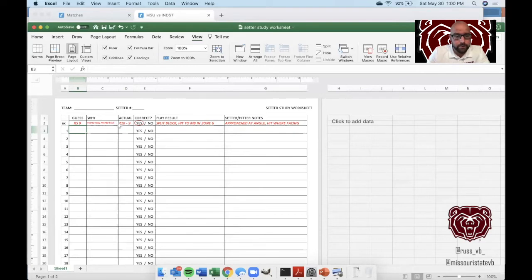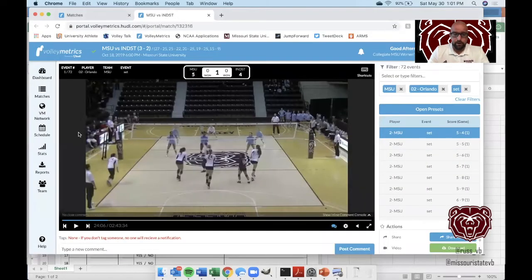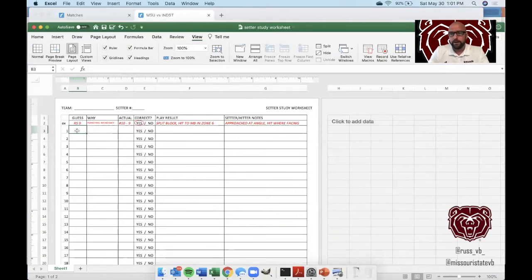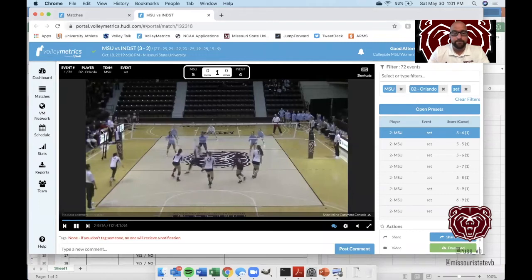The rest of it is what actually happens, and any notes I want to leave for myself on that setter. At this pause, I'm going to write down what I think they're going to set and who. You can do whatever you want, whether you have your players write the name of the set, the number, the player, or whatever information you want to capture, and just a little bit of why. That way you can see what their eyes and their brain are looking at. And then you're going to play this clip